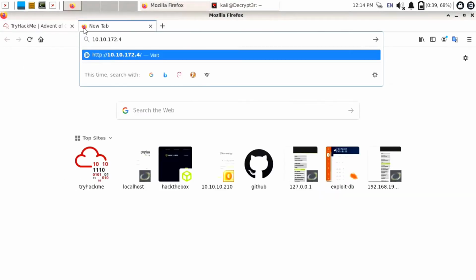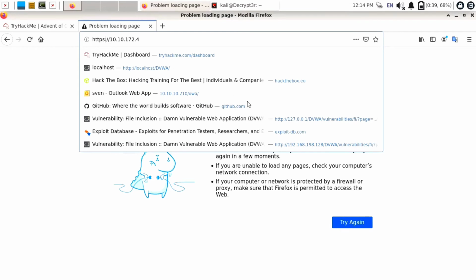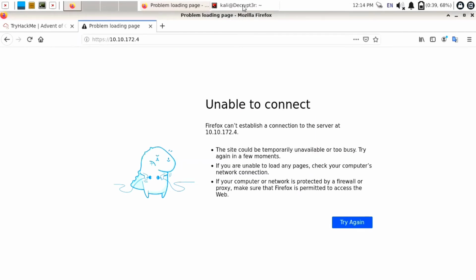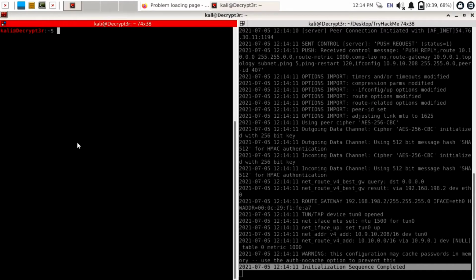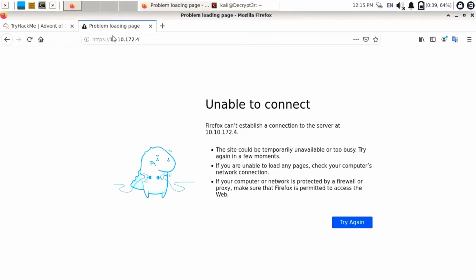So let's try to open this in a new tab. It is showing that it is unable to connect, meaning there is some error while accessing this. Maybe port 80 is not open yet. So I will check whether port 80 is open or not. I will use Ctrl C, then Ctrl L to clear the screen, and use telnet, paste the IP with Ctrl Shift V, and the port number we are going to test is 80. Here you can see it is showing unable to connect. Now just try it multiple times until we get the escape character response. Here you can see we are getting a response like 'Escape character is', and we are successfully connected to port 80, meaning port 80 is live now.